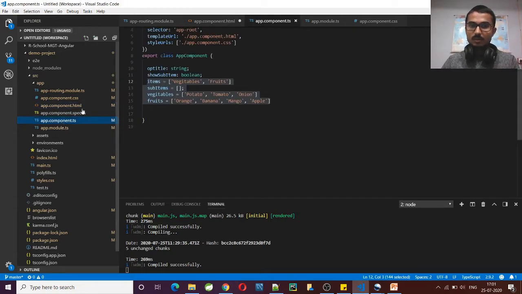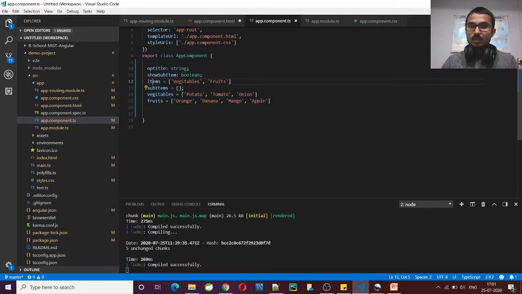In this mat select, what I'm trying to do is develop one scenario that will fulfill the requirement of a particular scenario. I'm trying to create one select box with these values, and based on the selection of these values I'm trying to show the corresponding values in the other drop down, the other select box.